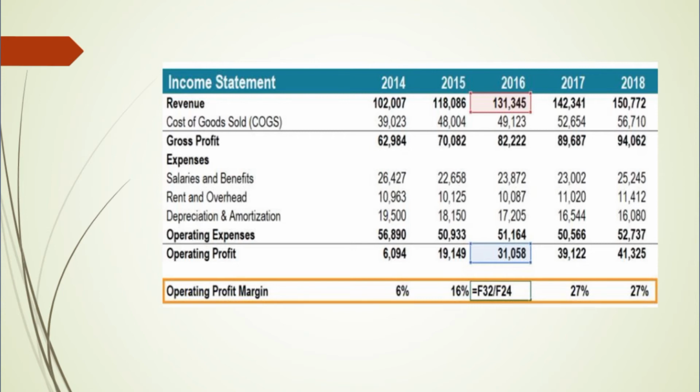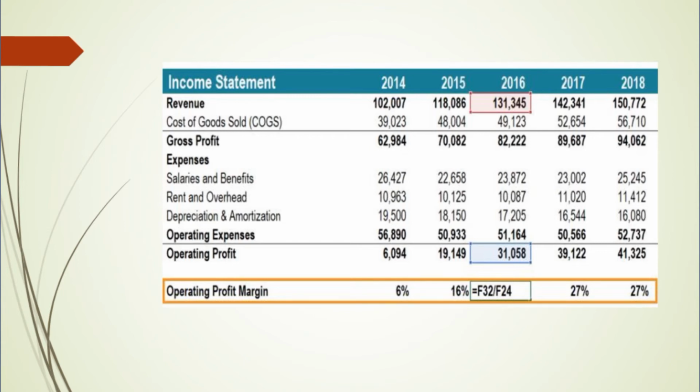In 2015, the revenue is 118,086 pesos. The cost of goods sold is 48,004 pesos, and the gross profit is